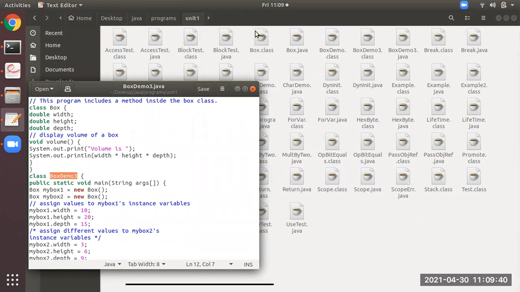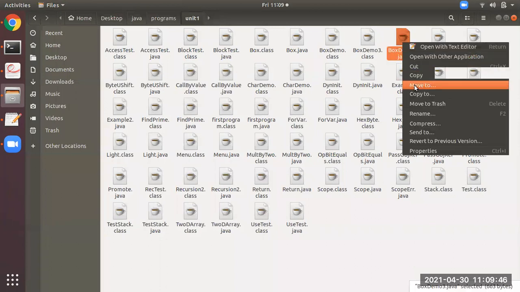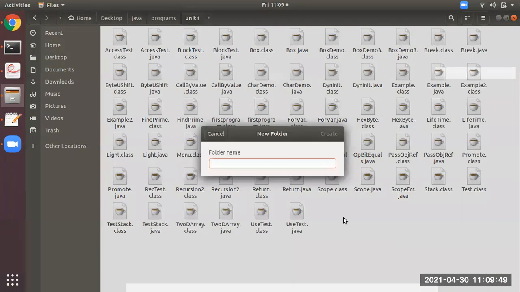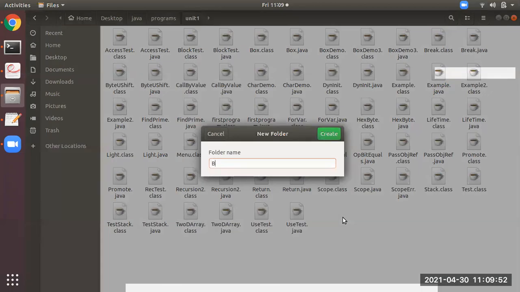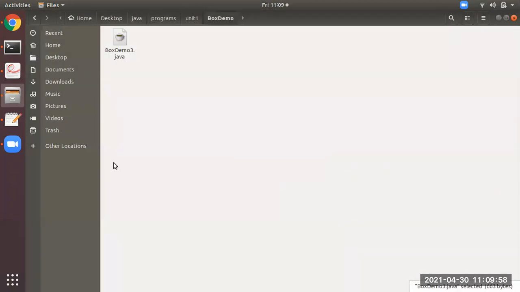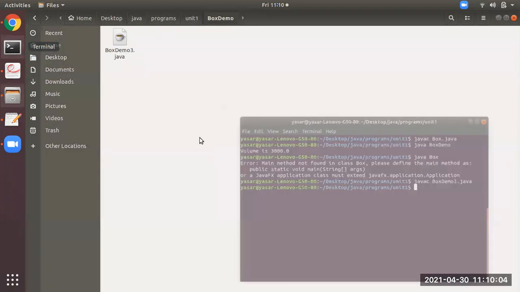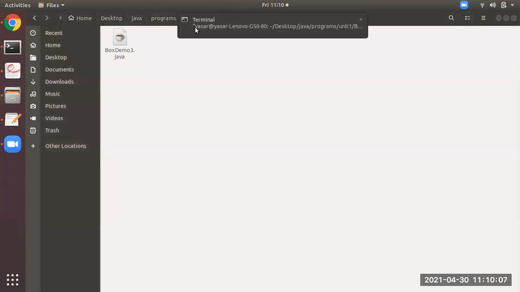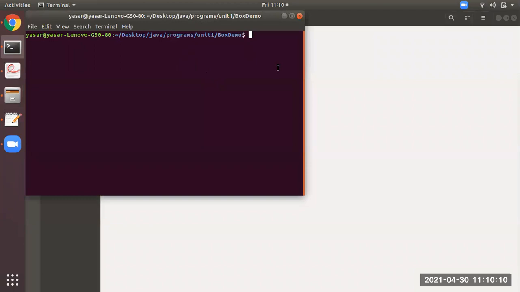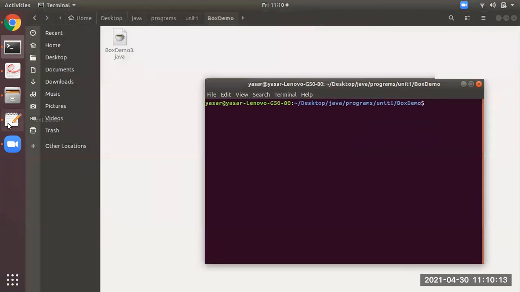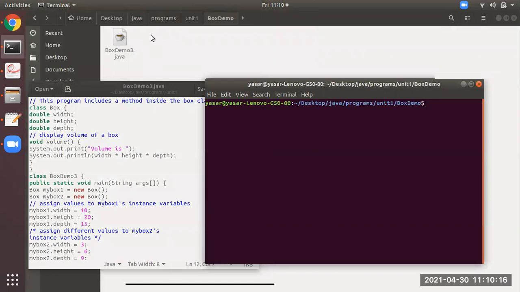If you think this is the compilation of the previous class, what I will do is save it in another folder. Students, this is very important. Please observe this. This particular program, these two classes, box and box demo3, I have saved as boxdemo3.java in my folder.